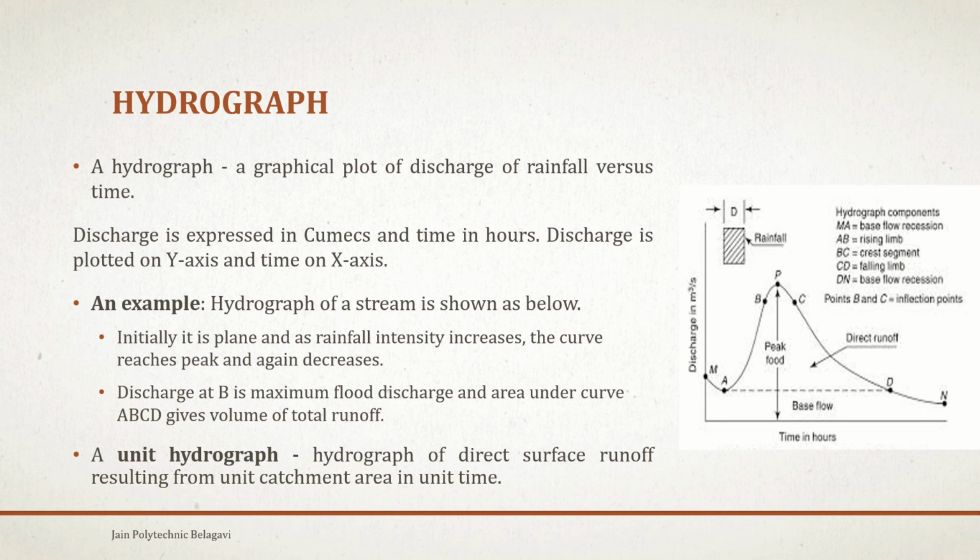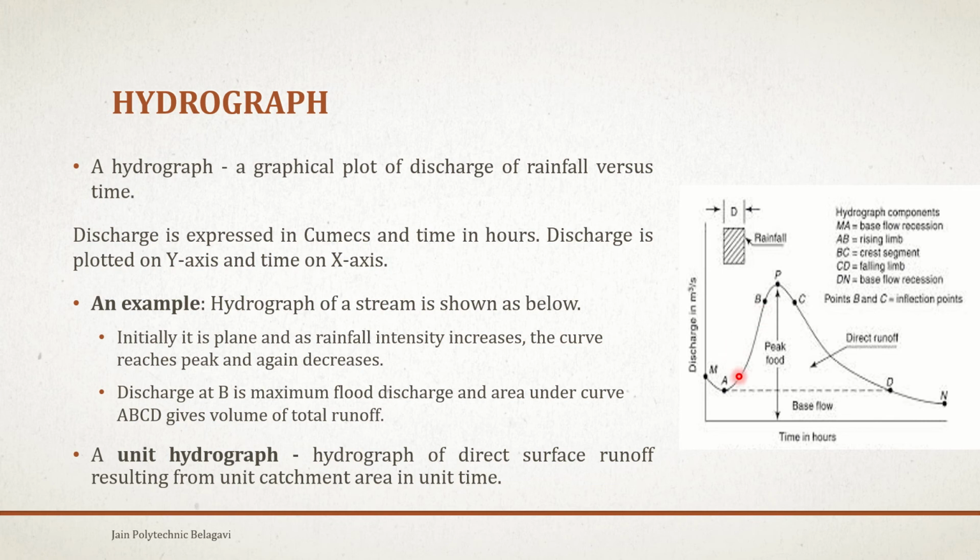In this graph you can see, as I said, initially it is plain. Here from M to A it is plain. Even though it is sloping down, we still say it is plain. It is going linear. Later at some point it starts raining heavily from A to B. You can say, for example, in the morning from 6 to 8 it is linear, meaning there is no rain. After some time, from 8 o'clock, it starts raining heavily. From A to B it reaches